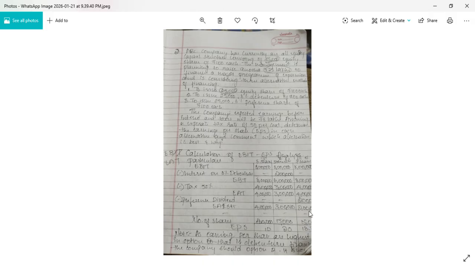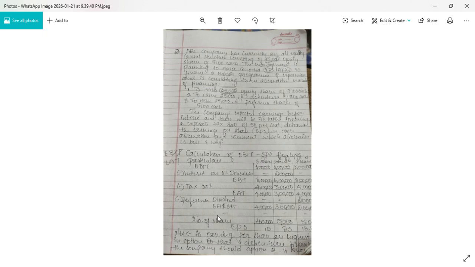Next, the last option. In the third option, 25,000 preference shares they have given. Listen carefully. In the third option, they have given preference shares, not equity shares. Only in the first option, they have given equity shares. So I have taken old plus new, existing plus new. Here in the third option and second option, they have not given any equity shares. So in the third alternative, again it comes to 15,000. Entire 15,000 equity shares I am writing here.